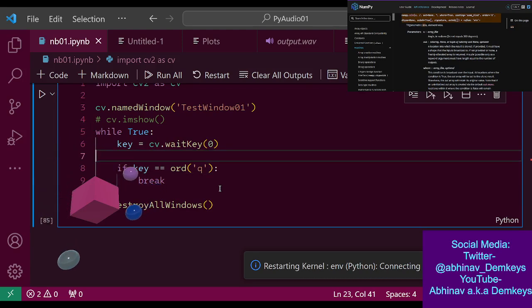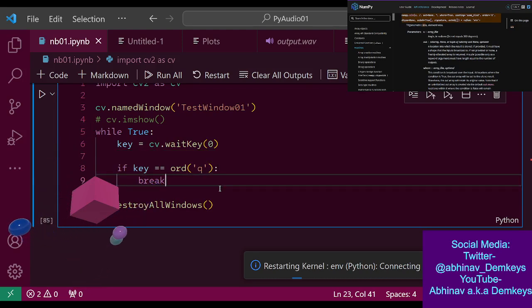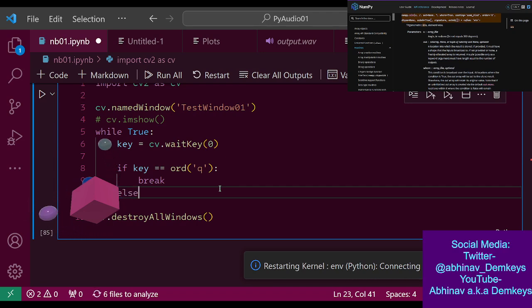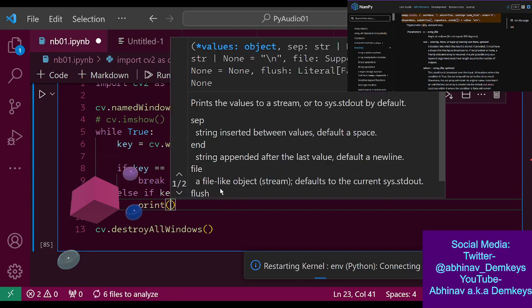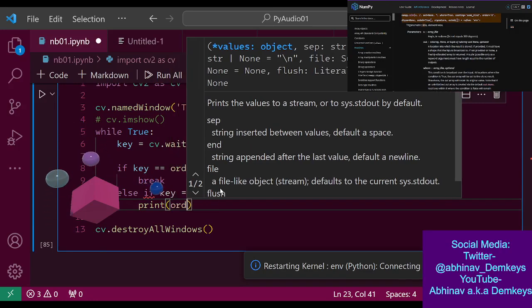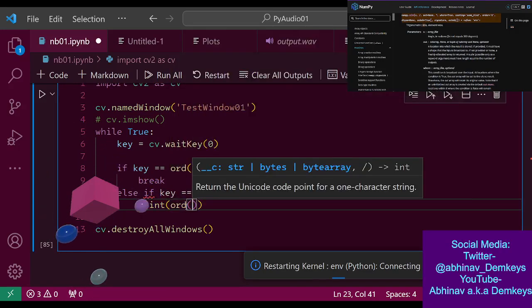Okay. In the meantime, while this is doing its thing, we can do else if key equals ORD A, then print. What does ORD take in?